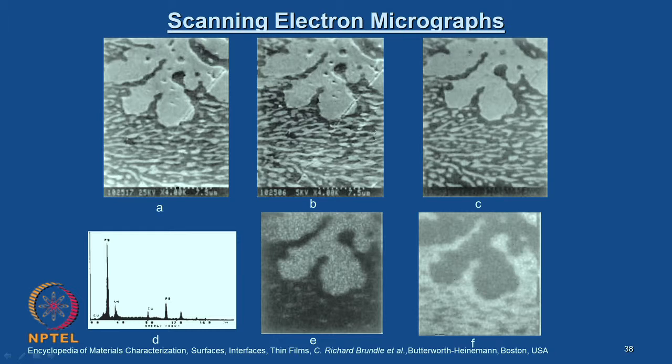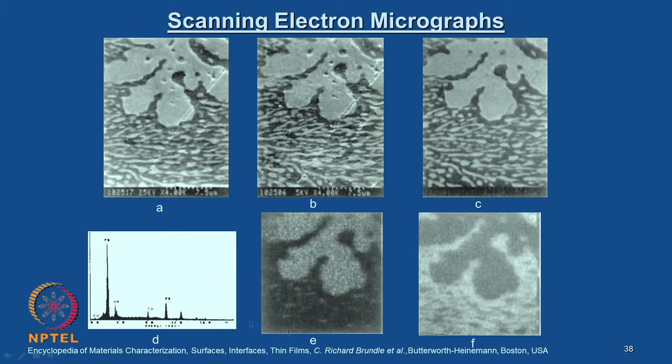You can see that the scratch details are not as clear as what you see in image B. So, it is not that if you keep on increasing the operating voltage, you are going to obtain a much clearer image. There is an optimum voltage and other parameters under which you get a much clearer picture. So, this is just to explain that phenomenon.